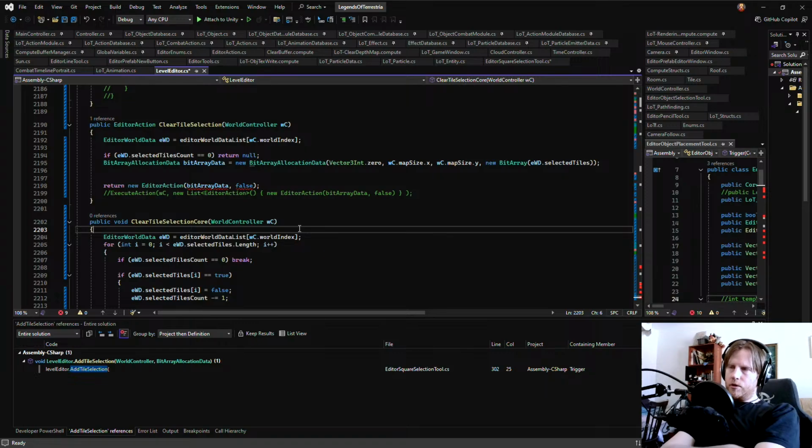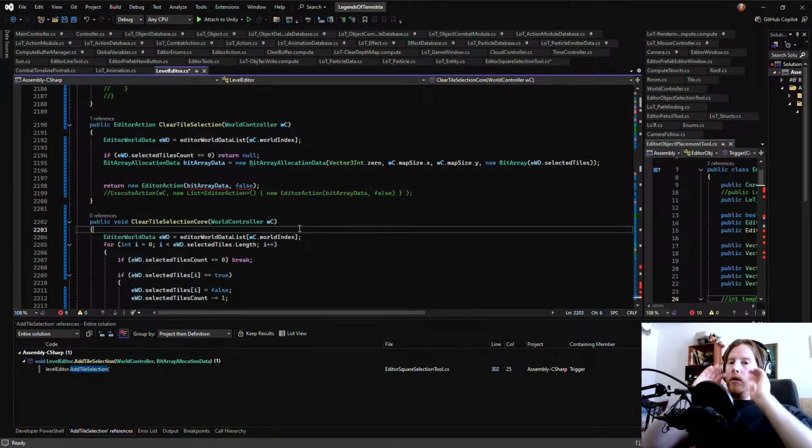Clear tile selection. Should this be like an action in and of itself? Bro, do I just rework the actions? Because I'm actually at the beginning of fixing this, everything that has to do with the action.